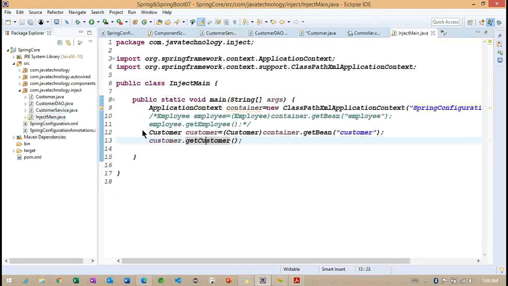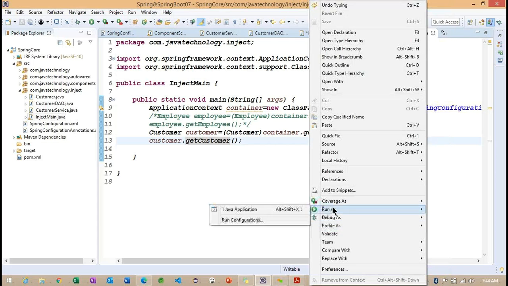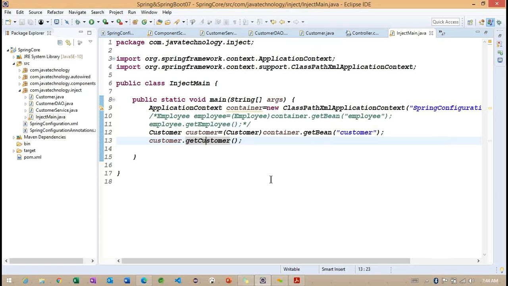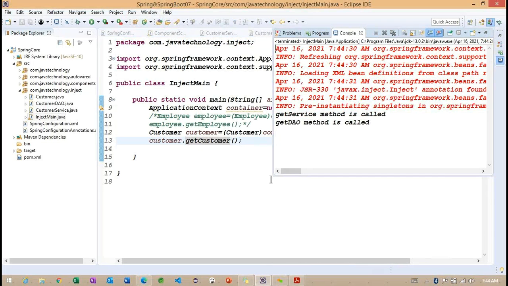Let me run the classes here. Now you can observe, even with this change on top, we are still able to access all the object information.